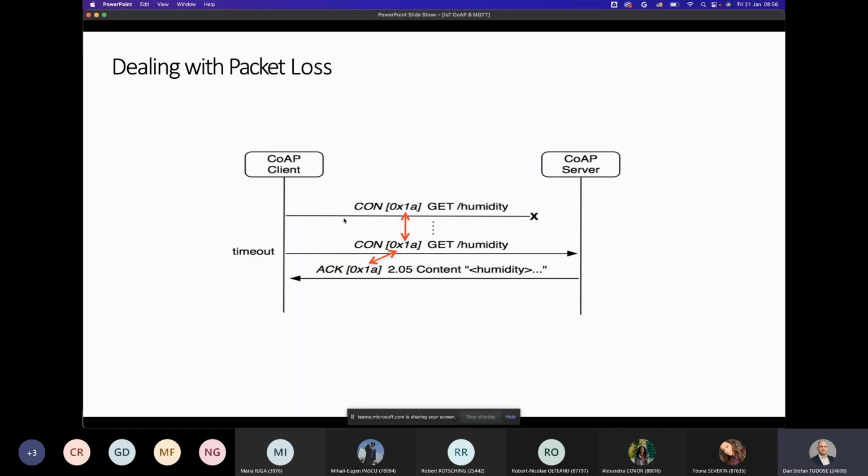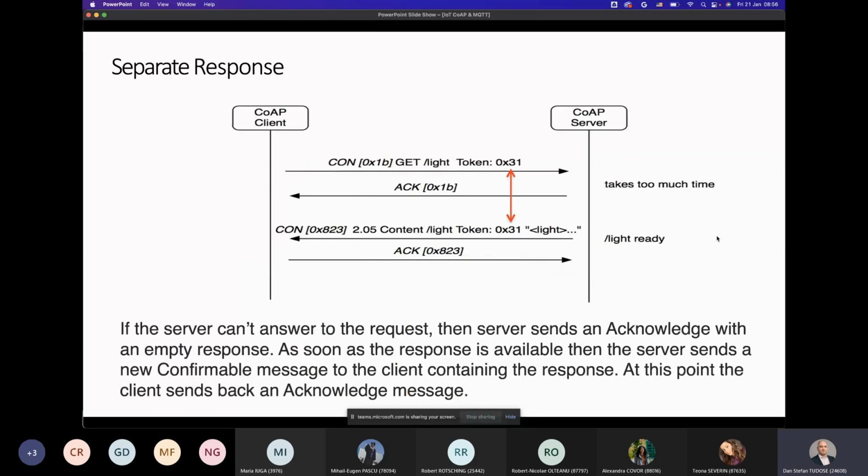So whenever you don't have, let's say, a message coming in an available time, you have a timeout period attached to each message. You can choose as a client to retransmit the same message, and hopefully this time it will get through, and you will get a response from the server. So you can actually use this to communicate and to deal with packet loss, or you can actually have the situation in which the server can separate the response from the query in time.